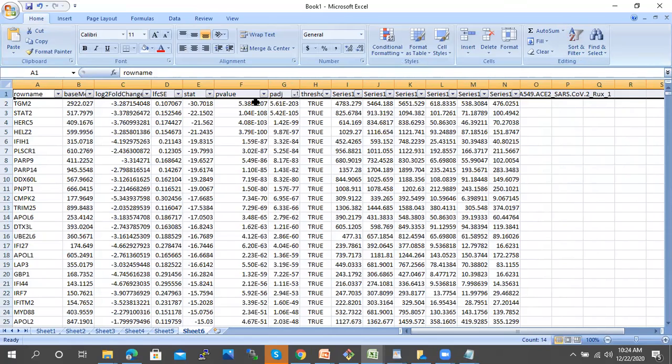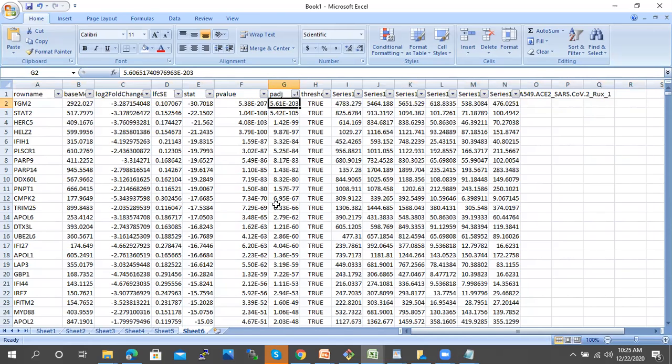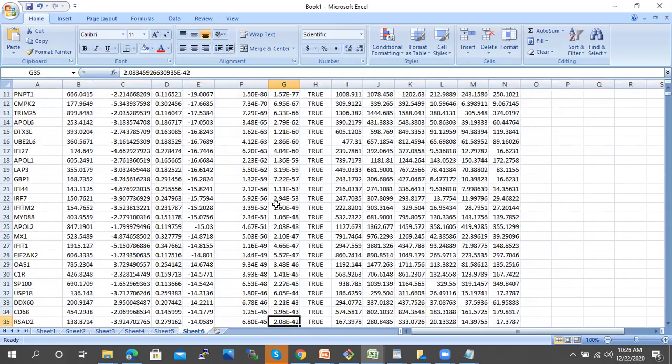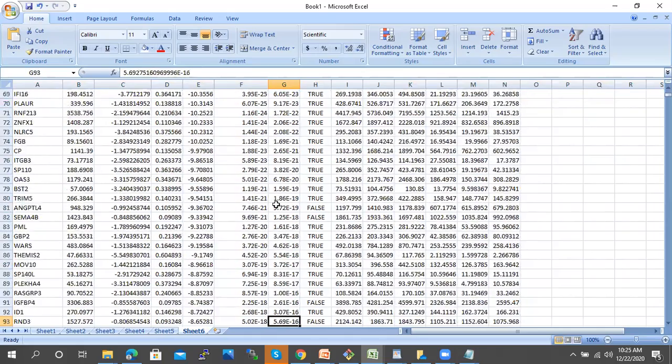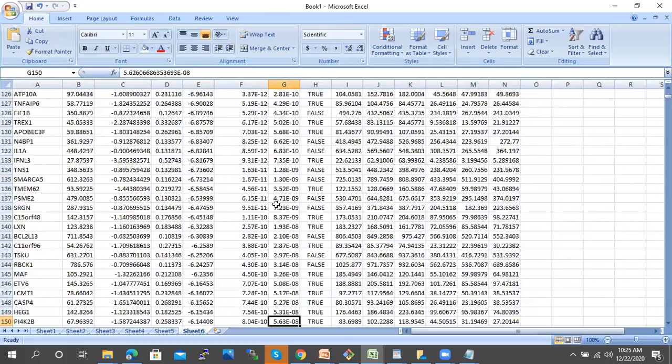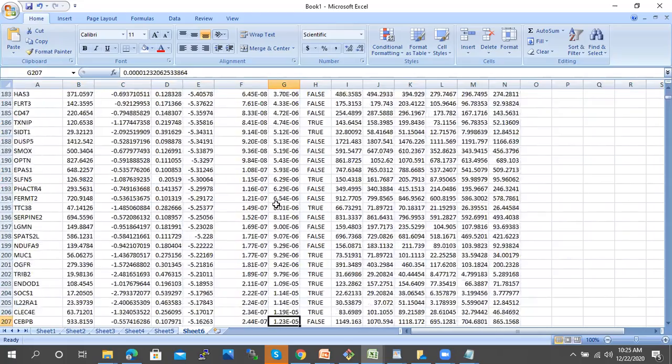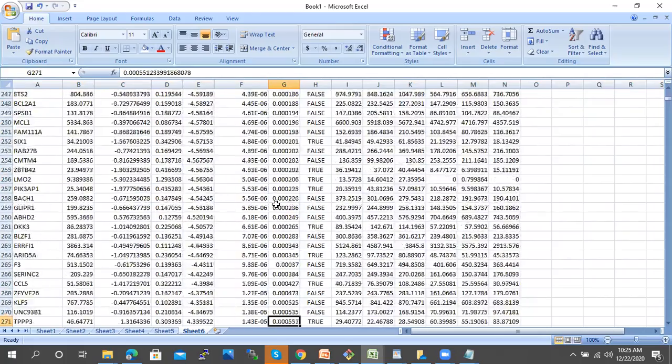You can filter out and understand what these genes are and what important genes can actually discriminate the treated and the untreated group. So already we know that the p-value should be less than 0.05. If you look here and consider only those genes having a p-value less than 0.05,